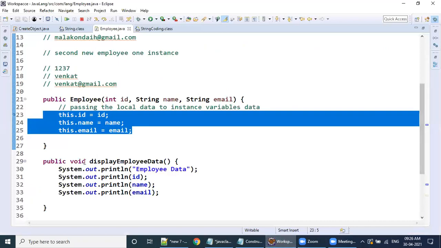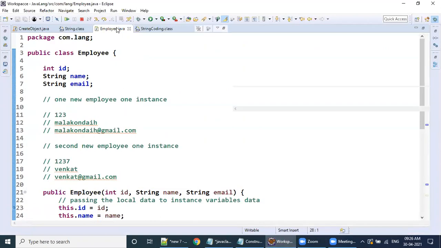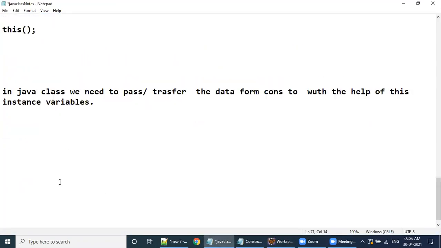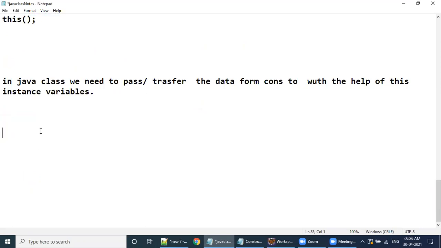Suppose, see here. Come on, tell me, inside a Java class, what are the things I can write? Anybody? Inside a Java class, I can write static data. Next one is instance data.